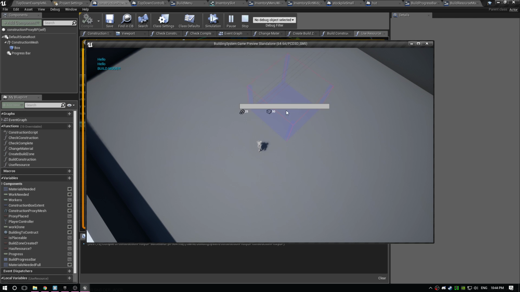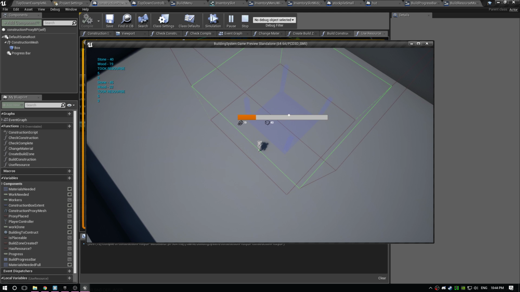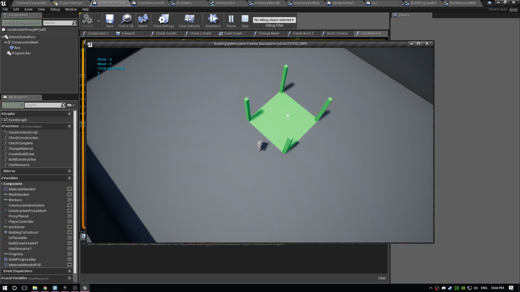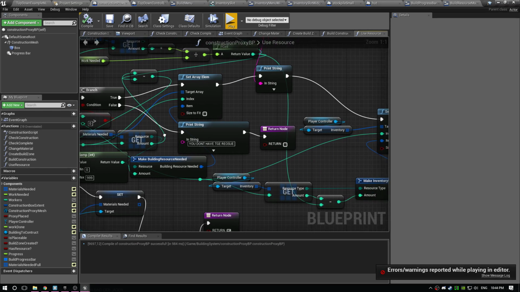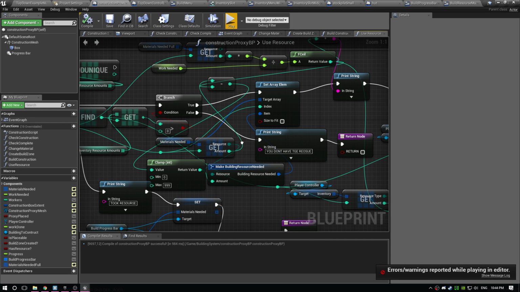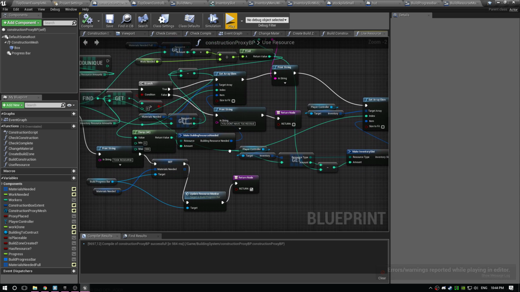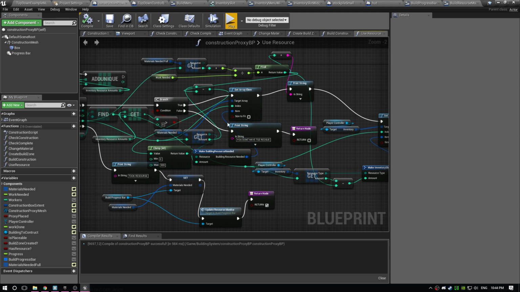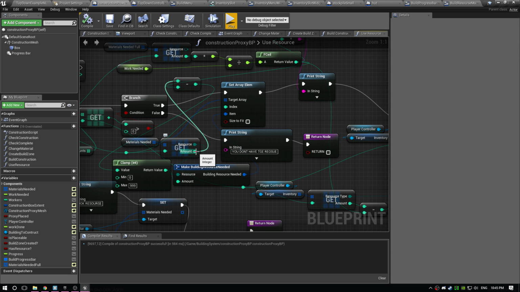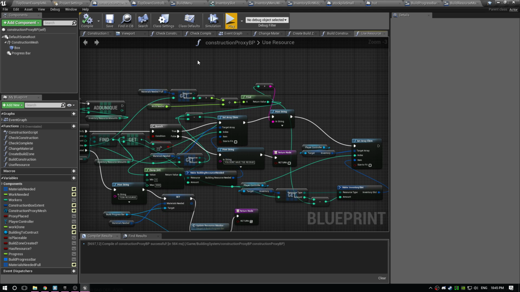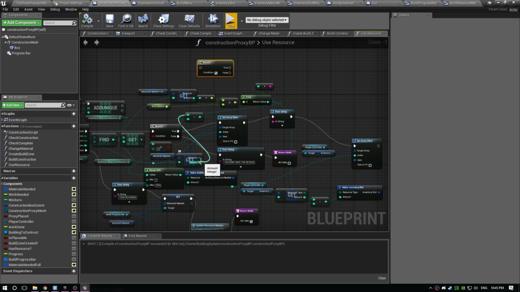Okay, let's try this now. Stockpile. Click it. Okay, 22, 20. Okay, so there we go. We have 1 left. So I want to check 57, 54. Okay, so it still minuses the 4. Okay, so that's fine because resource monitor. So if the resource needed, so we need to make a branch here, right? Okay, so branch, if this amount,